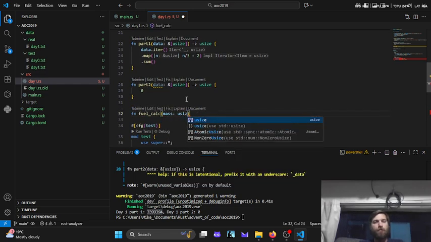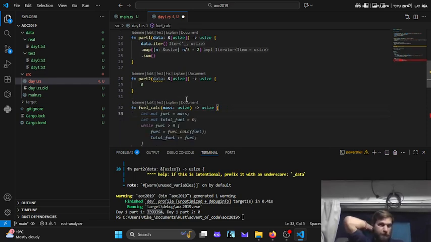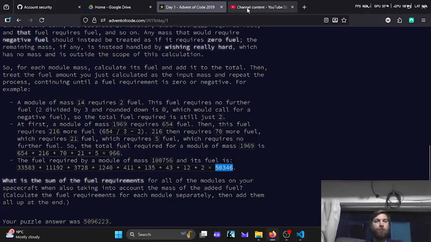So we'll have a function called fuelCalc, which is going to take a mass of the payload, and it's going to return a usize. So if we do this with recursion, we need to check that every state, the divide and the subtract, is not going to be 0. Well, fortunately,